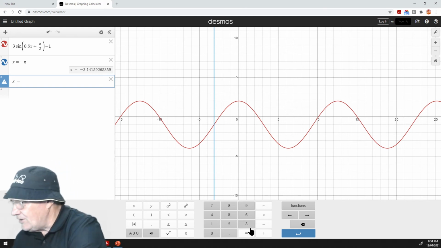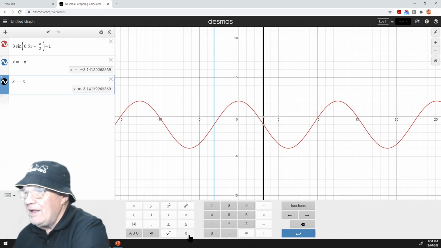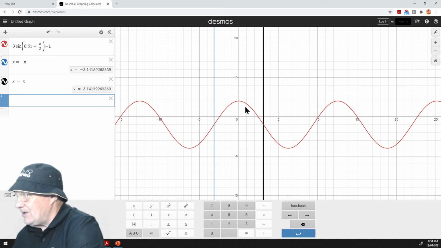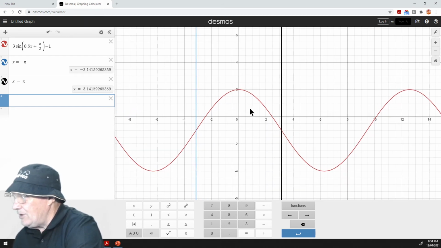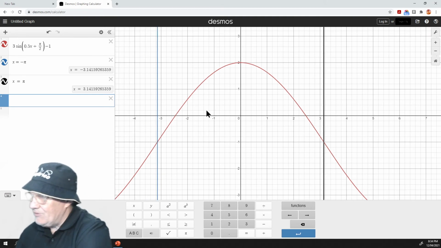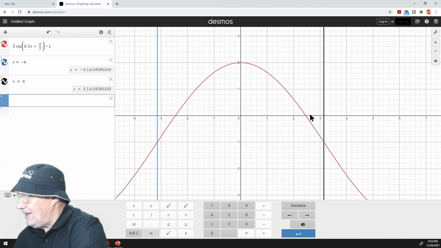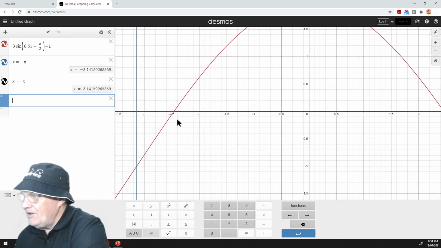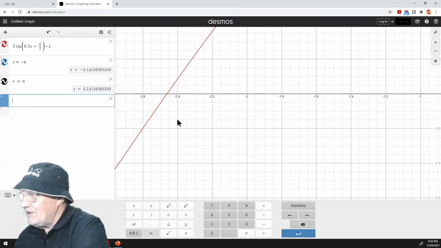And then this one here, we're going to have x equals pi. Here it is. Here's pi. And yeah, we'll put that in there. Right, so this now becomes our area of interest. And what we can see here is that these are our two solutions here and here. Here's our range. Here's our two solutions. And if we zoom right in, carefully,